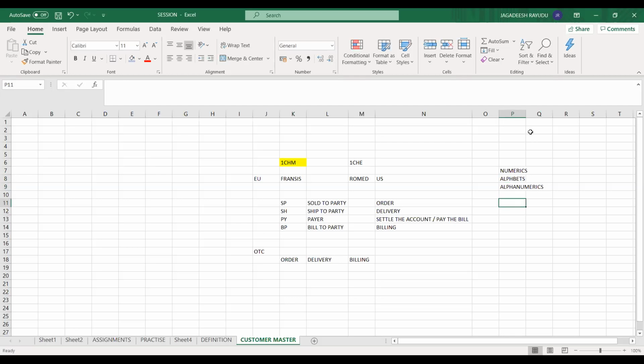But in general, what the world follows is only numbers, unless the client has any specific requirement. So how we are going to generate numbers for customers, alphabets, and alphanumerics, that we are going to see.